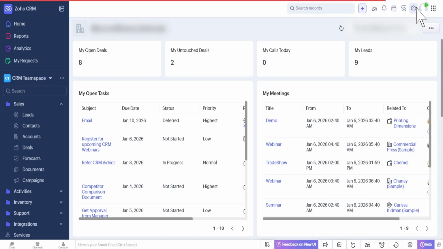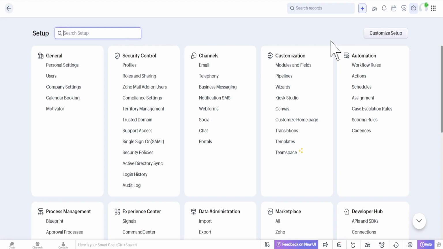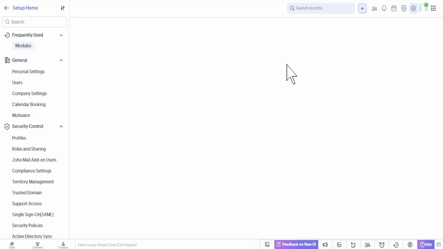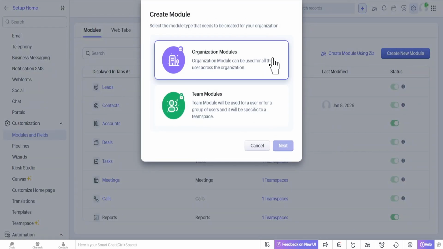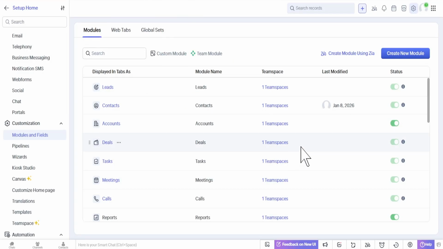From here, click the Setup gear to open the admin area. In the left sidebar, go to Customization and choose Modules and Fields. This is where all module structure lives, including custom ones. Click Create New Module. You'll see options for different module types. For this walkthrough, choose Organization Modules so the records live at the organization level, then click Next to open the